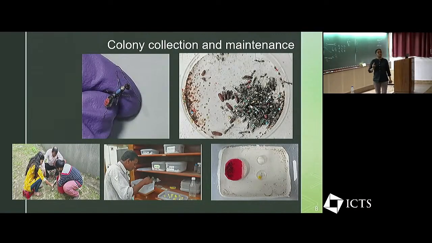Now, we start our study by typically collecting a colony from the wild, marking every individual ant with unique coats of paint. So this is a gold, blue, red ant, right? Otherwise, these ants look identical to each other, and you cannot figure out what is happening, who is doing what. So in order to understand that, we give individual identifications to these ants, keep them in colonies like this inside our laboratory, and ask questions about their lives.